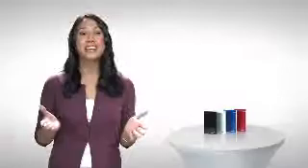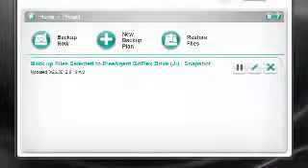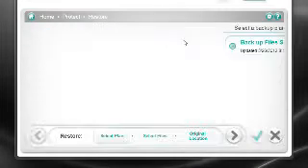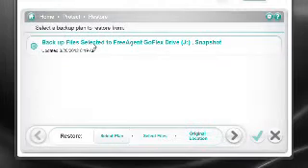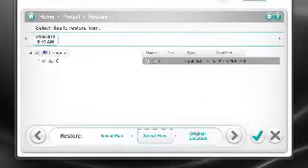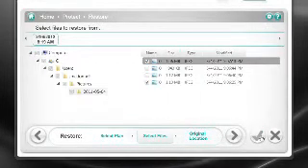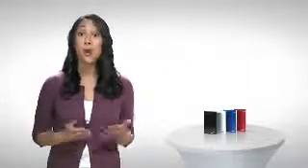Now, backing up doesn't do you much good unless you can restore your files. And of course, Seagate makes that easy as well. From the main screen, just click on Restore Files. That brings you to the Restore Selection screen, where you can choose which backup plan to restore from. Once you've selected the backup plan, just pick the files or folders you'd like to restore. As far as where you'll restore those files to, well, the default is to restore them back to their original locations, but you can easily change that to any destination you'd like.